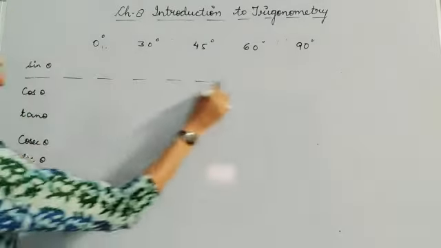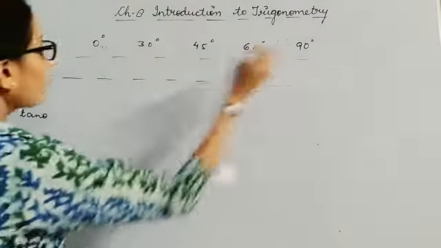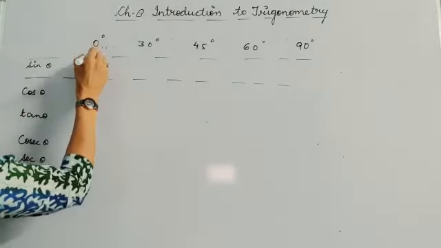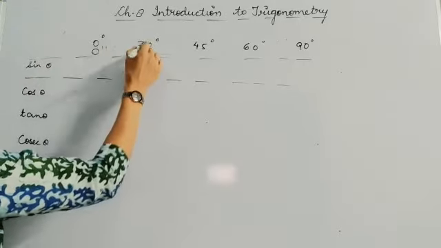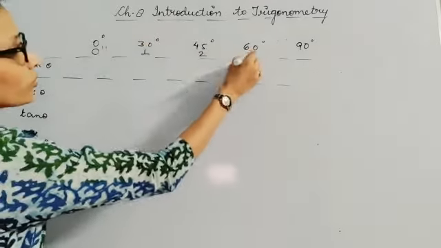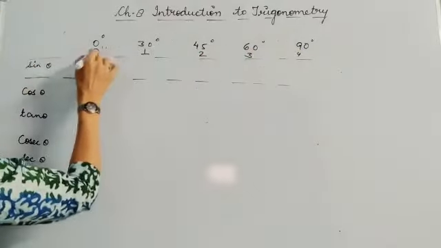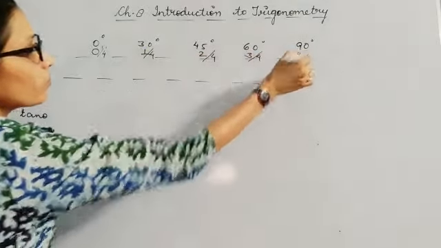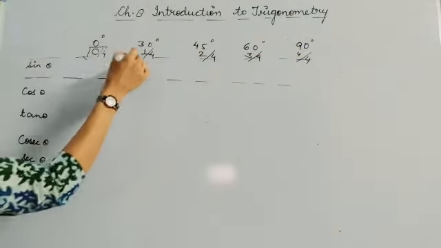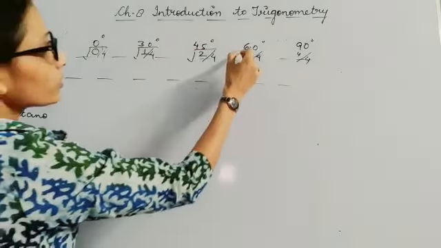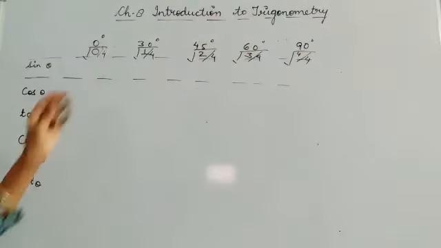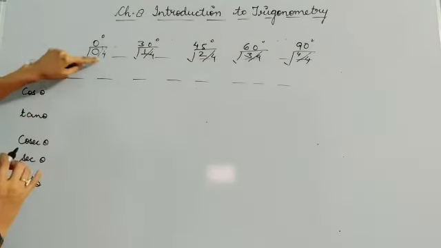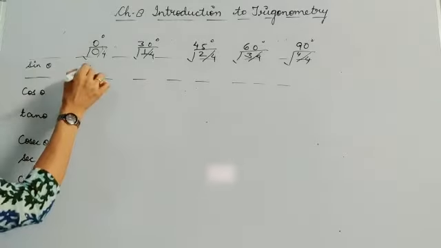So first of all, for finding the value of sine theta, I will be writing the numbers starting from 0 to 1, 2, 3 and 4. Then I will be dividing all of them by 4. Now I will be taking the square root of all these values. Whatever values you get after simplification are the values for sine theta. So 0 by 4 is 0, and under root 0 will be 0.